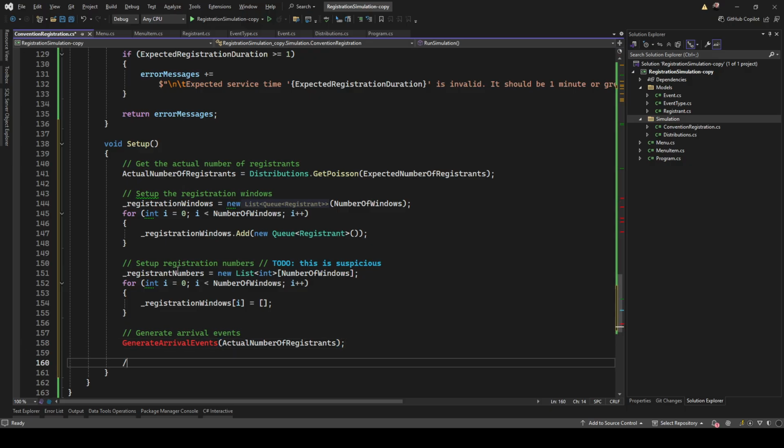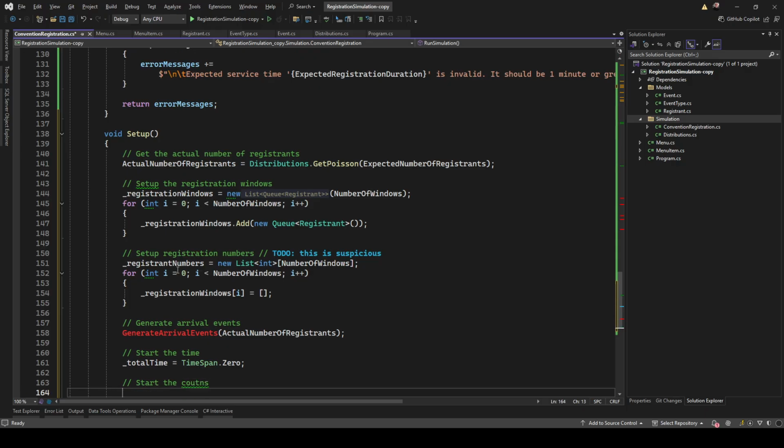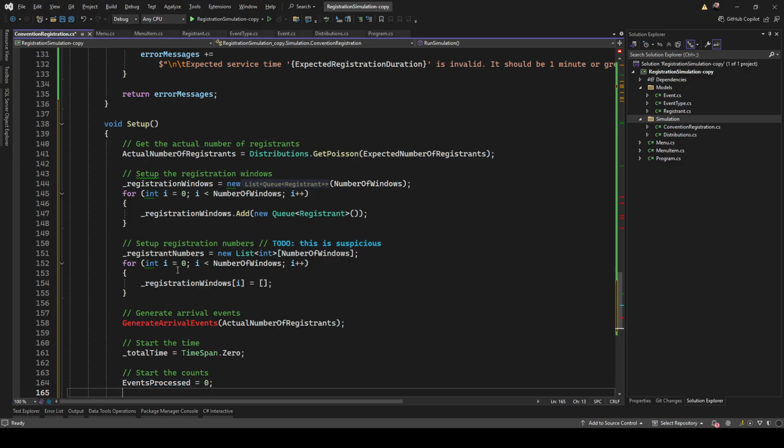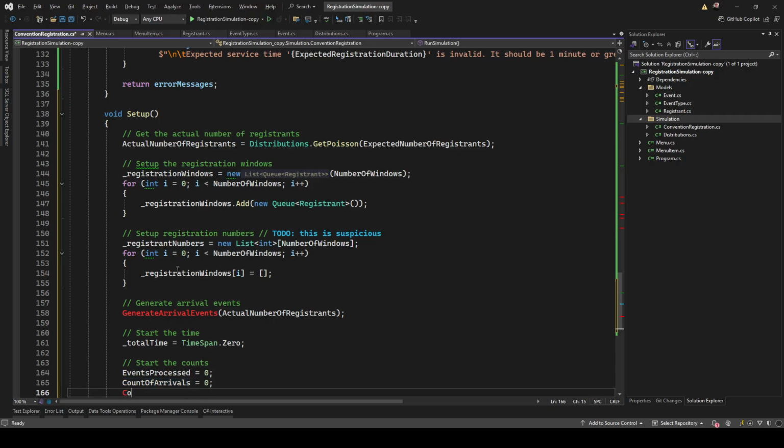Actual number. Start the time span at 0. Start the counts. Events processed equals 0. Count of arrivals equals 0. Departures equals